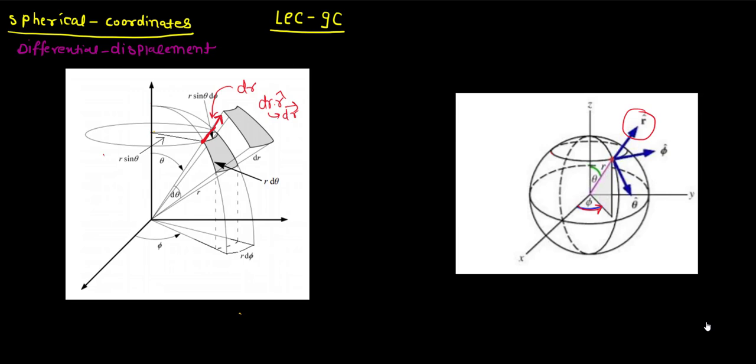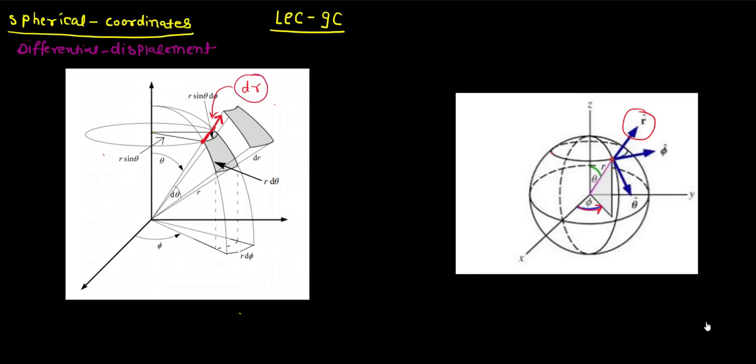When we are moving in a particular direction with a certain magnitude, we call it a displacement vector. So this dr vector would have the magnitude dr and the direction is r cap. We will be considering only the magnitude. So the magnitude or the length of this displacement is dr. Okay, that is fine. It is in the direction of r cap.